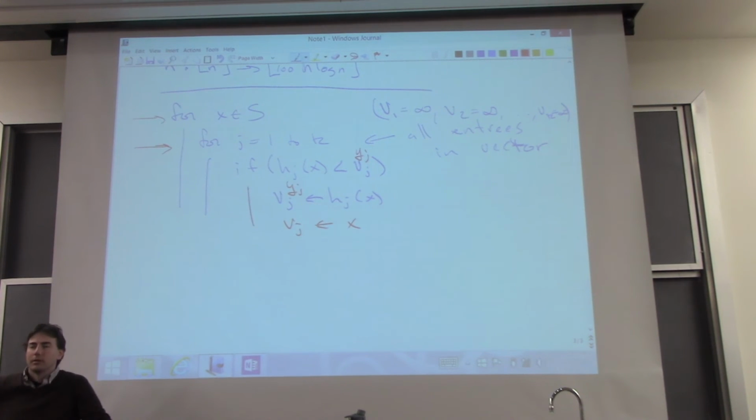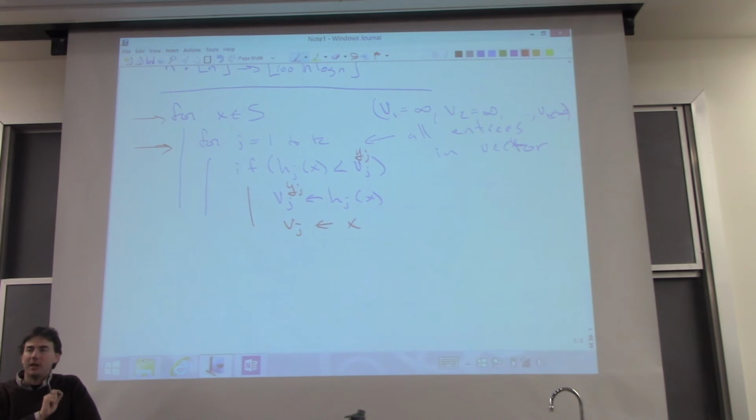Yeah, so I'm just trying to see if I understand it. You take one hash function, you apply it to everything in the set, and you store the minimum thing that got hashed, and that's entry one. Then you go to your next hash function and apply it. Except I'm reading, for every element, I go through all the hash functions internally. Well, you could do it the other way. Yeah, so I can swap them,